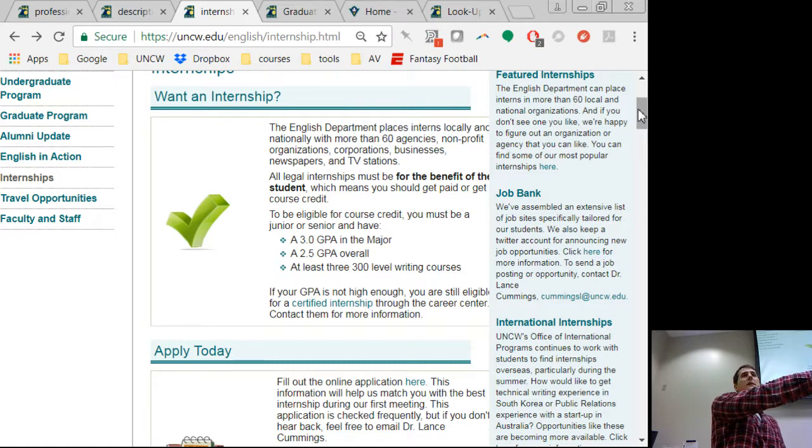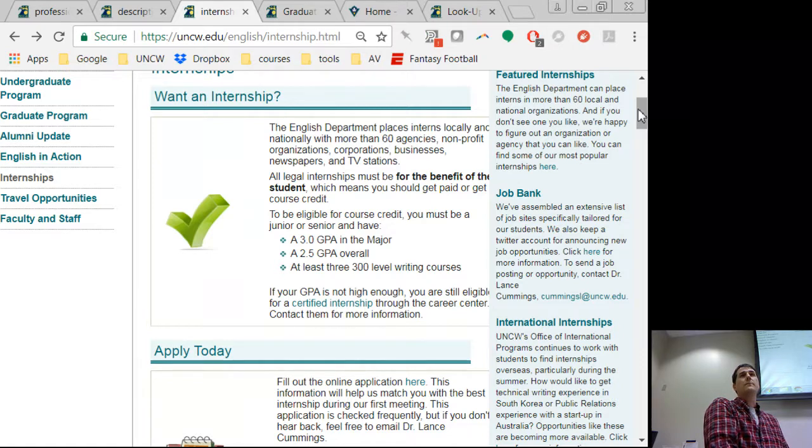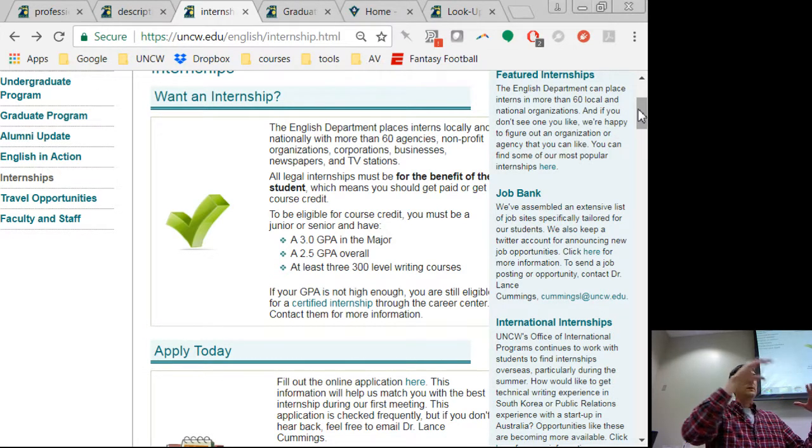Things that were outside of the classroom, things like internships, things like travel, which of course we also offer, the Wentworth Travel Fellows. We don't get a ton of those in professional writing. I'd like to see more people take advantage of that in professional writing. It's rare. If you're not familiar with that, our department sends people literally all over the world, basically for very little. You don't have to pay for anything, basically. You just have to write an essay and then a reflective piece, a proposal sort of thing. More of the lit folks tend to get those. It'd be great if more of our people were able to take advantage of that.